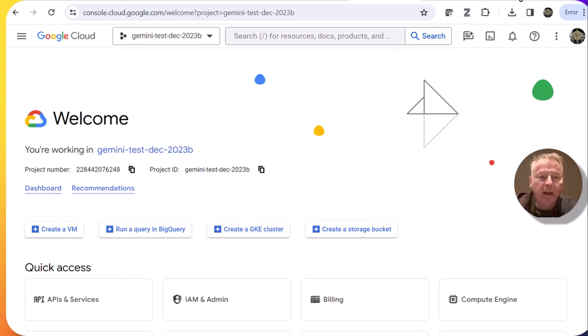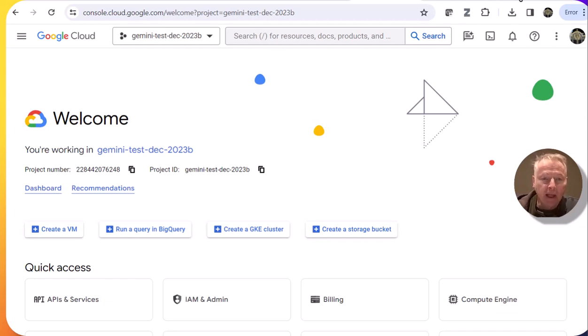All right. My name is Mark Ryan, and here we are in the Google Cloud Console. We're going to go through the process of trying out Gemini. Now, Gemini was introduced in the Google Cloud Console through the context of Vertex AI on December 13th, so just a little over a week ago now. And I'm going to show how you can use Gemini in the context of Vertex AI